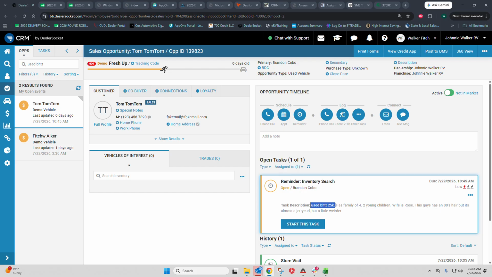So it's going to find your keywords. That's why those keywords are so important. And as you start adding more and more customers to this system, you're going to be able to dial in and group those customers. So out of that 500 that Brandon has, we can dial in exactly what that customer